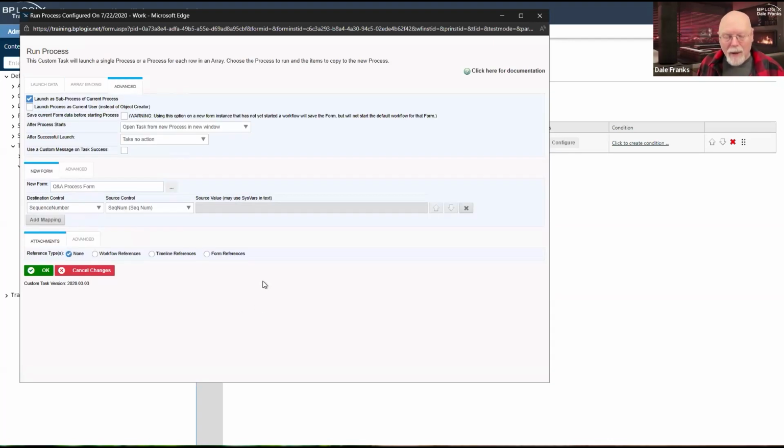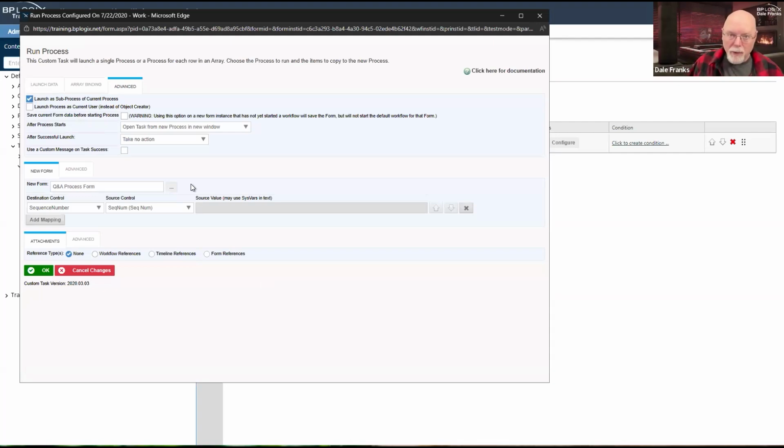On the Advanced tab, there are a couple of things that I do care about. This checkbox right here is super important. In my case, I have decided that, and this is the default, the default is that the Launch as Sub-Process of Current Process checkbox is checked.